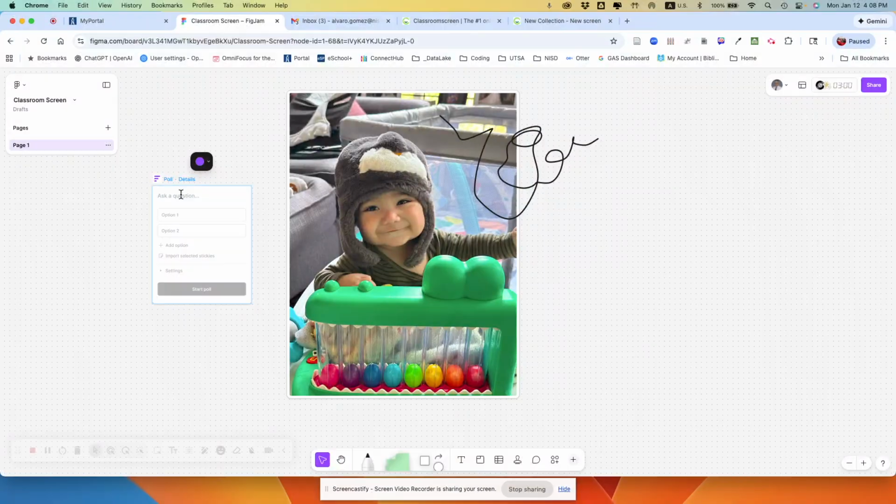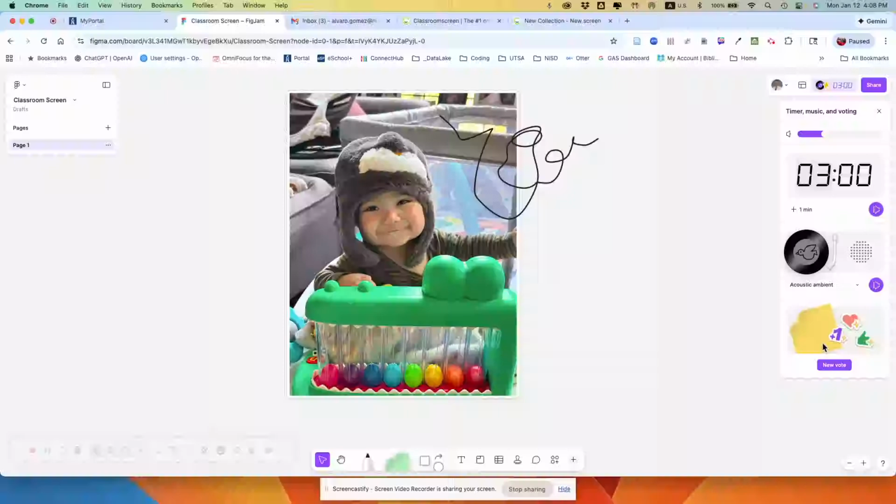So here you can type in the question and then option 1, option 2, and then you can add options, you can put stickers, all that stuff, and then you start the poll. So that's one way you can do a poll using a widget tool. Just delete it. The other way is, I'm gonna click over here, you can do these right here where it